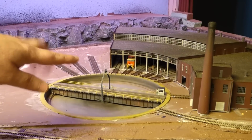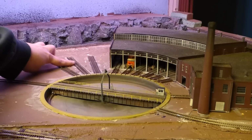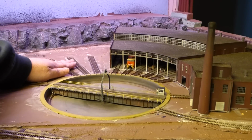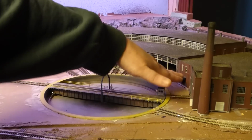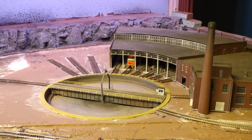And in that area there, what I want to do is I want this to be like either concrete or paved, probably a concrete pad across all of these tracks all the way around the front here. So in order to do that, I'm going to use styrene plastic, and let me just show you how I'm